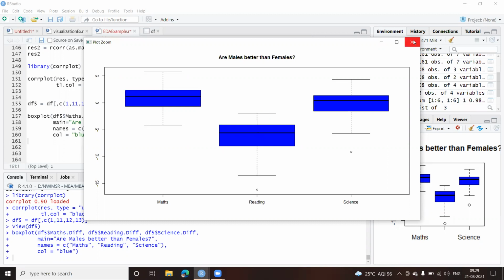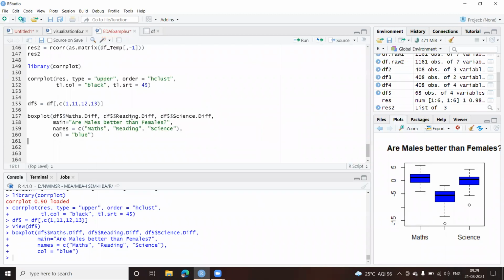Okay, let us come and modify this further. Now what I want is to put in a subtitle, the title for the axis, and so on. And I also want the color of the outlier to be changed. So let us quickly do that. I'm going to make some changes in my pivot table, especially the table, because I need the maths score and the values. I want all the columns which we had.